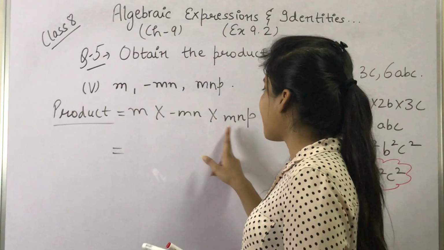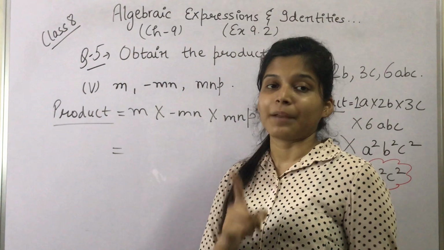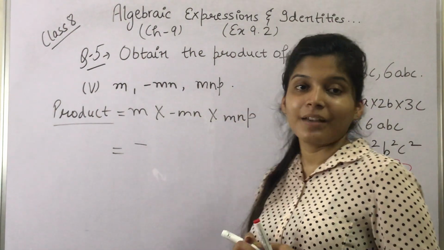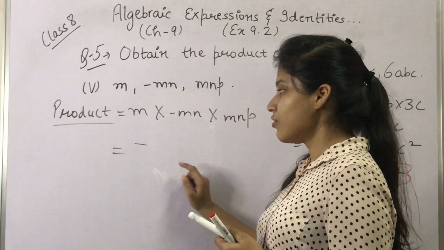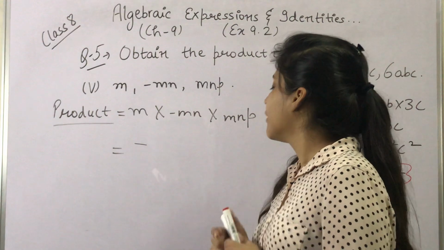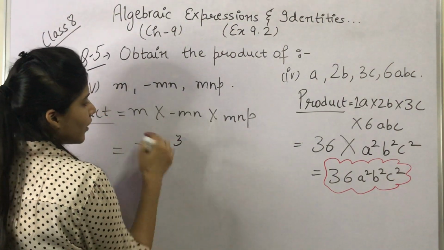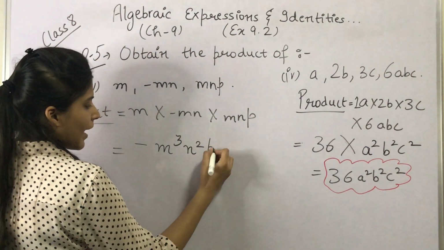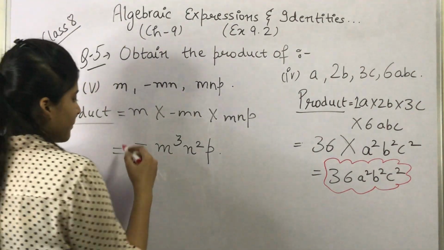So m कितने बार है? पहले तो माइनस का साइन देख लो. माइनस का साइन we have just 1 time. So yes, it would be कैरीड ओवर. ये तो इग्नोर नहीं कर सकते. माइनस अगर 2 times होता तो कट जाता, राइट? सो वी हैव 1 time माइनस, तो ये भी आएगा. नाउ m इज 3 times. सो यू विल राइट m टू द पावर 3. n इज 2 times, n टू द पावर 2 and p is 1 time. So p will remain 1 only.